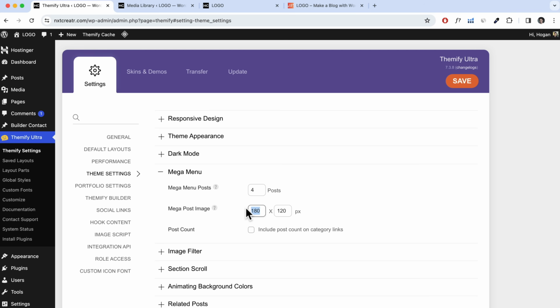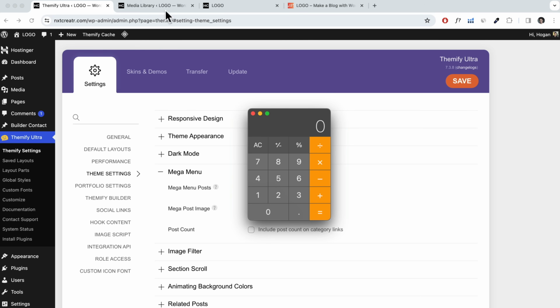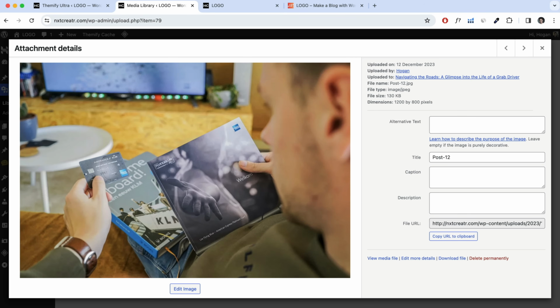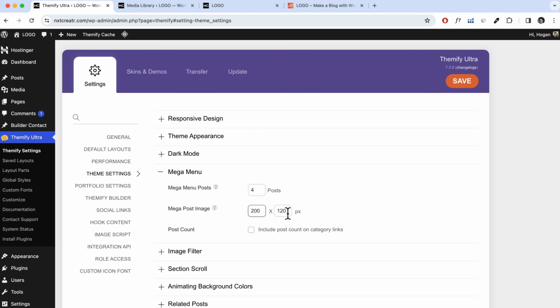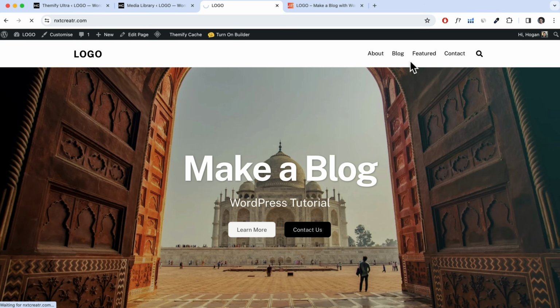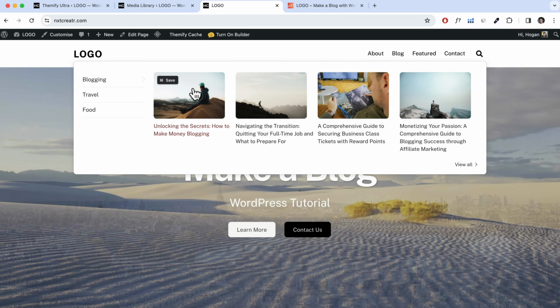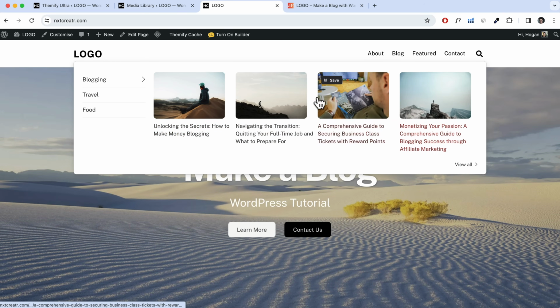So we can put in, let's say, 200 pixels for the width. And for the height, what we want to do is to take 800 pixels, so 800 divided by 6. Okay, and that's 133.33, and then just put in the number here like that, and then click on Save. So then once that is done, we can refresh the page, and then we can hover over here, and you can see a slight change in the size of the images, and now it is very crisp and it